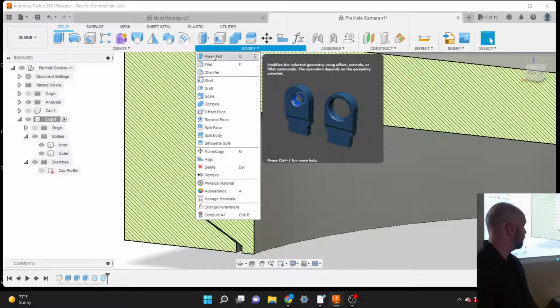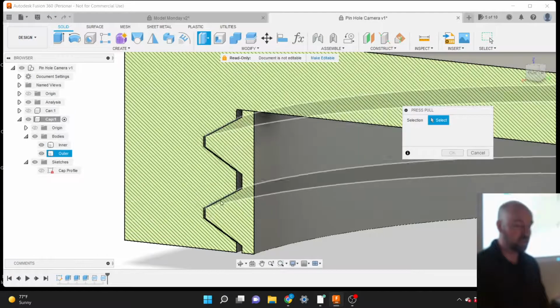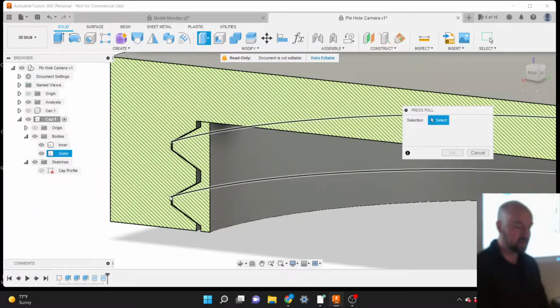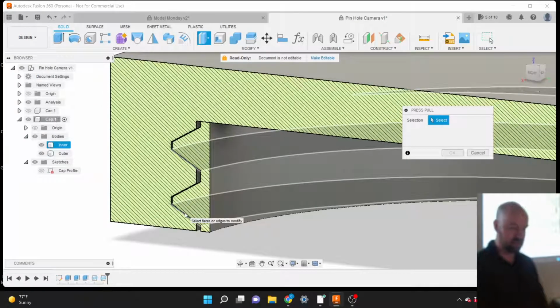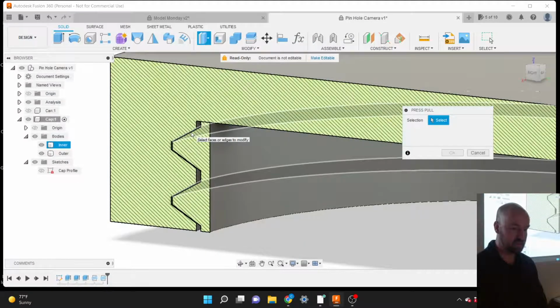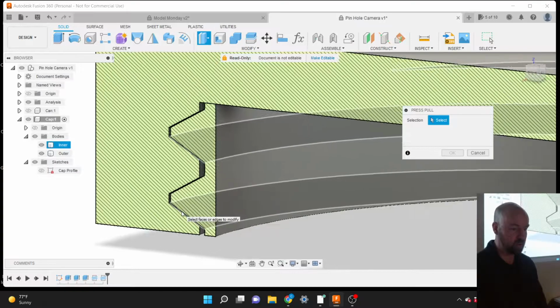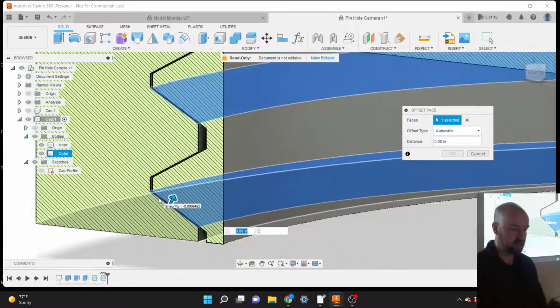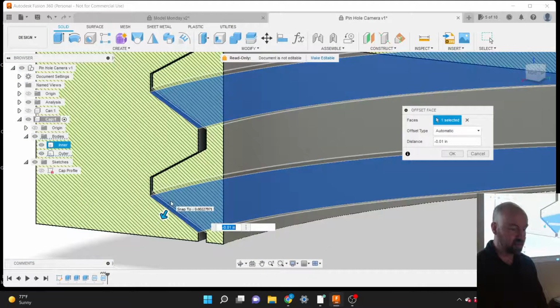a press or a pull is kind of like an extrude. You can take any surface and expand it out or shrink it in. And it works really well with curved surfaces. And that's kind of what we have here with our thread. We've got a surface that sweeps around the bottom, and we've got a surface that sweeps around the top. And I'm going to press and pull on both of those surfaces. So if I zoom in so I can click on that edge, and I just move that back,